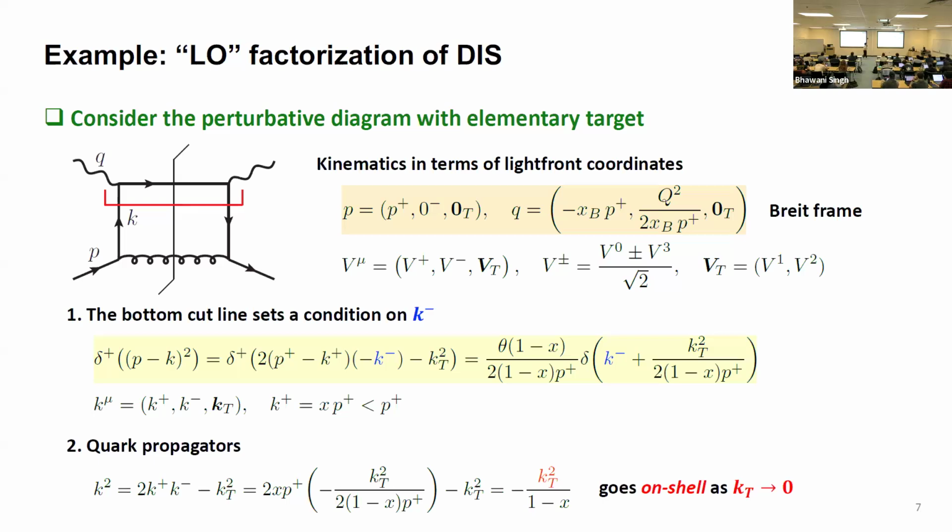So let's first look at this simplest diagram. I call this the leading order diagram, and you can think about this as a perturbative diagram. This momentum P is carried by a parton, say a quark, an on-shell quark. And although this is a loop diagram, I still call it leading order because I want to make an analogy that this parton, or this quark, plays the role of the proton in the real theory. And this gluon is kind of like the remnant inside this partonic target. So from this diagram,